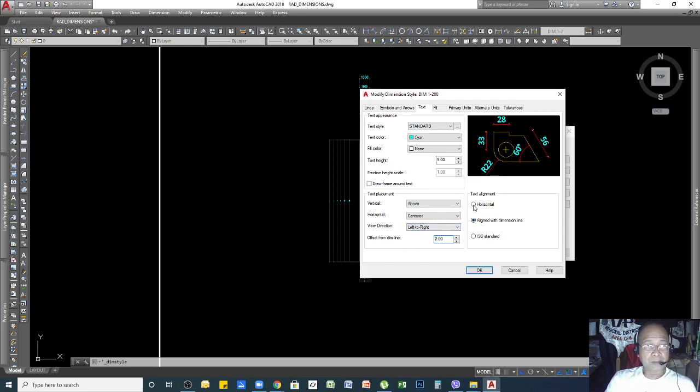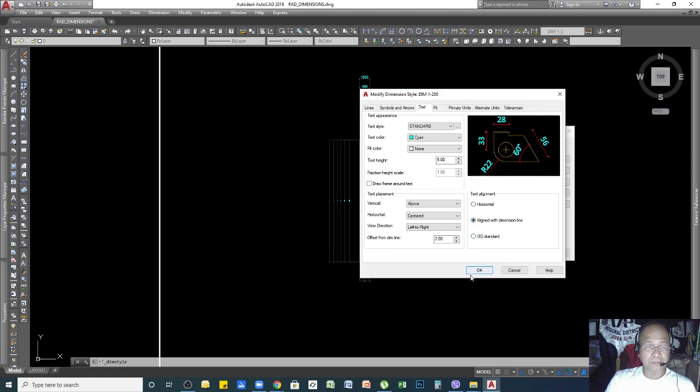Then horizontal text alignment, horizontal align with dimension line. So if you click horizontal, every value will be positioned in a horizontal way. But if you click this one, it will always be parallel to or on top of your dimension line.